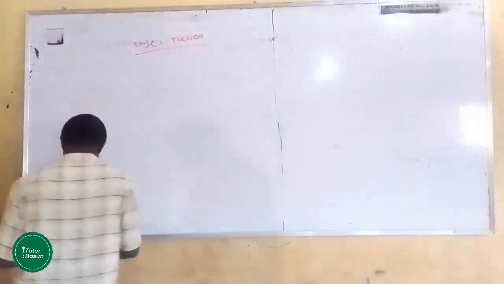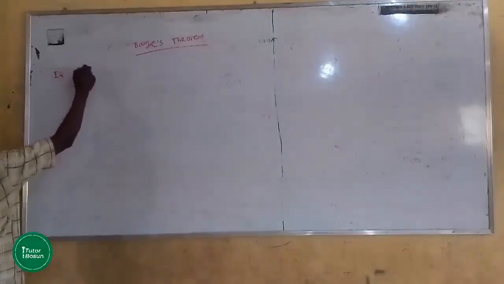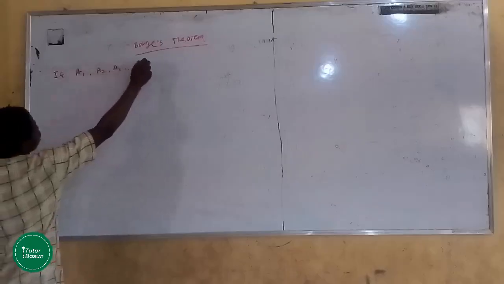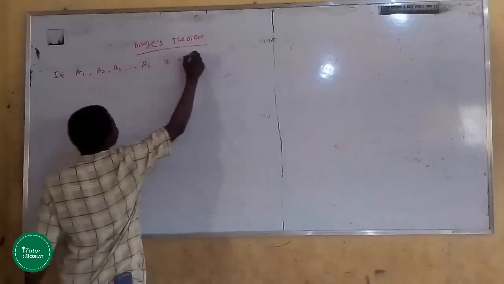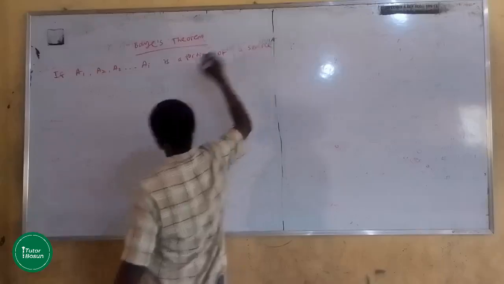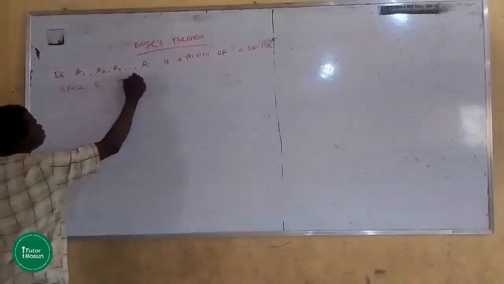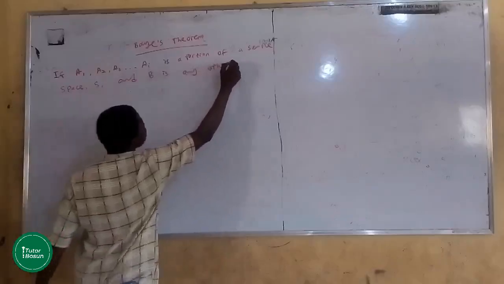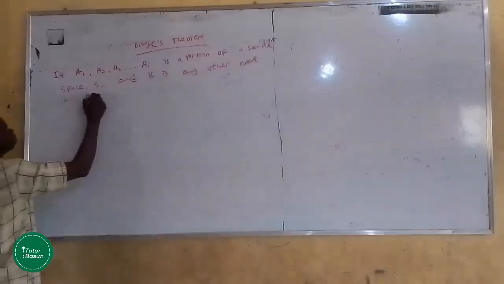Bayes' theorem says, if A1, A2, A3 up to Ai is a partition of a sample space S, and B is any other event in that same sample space,